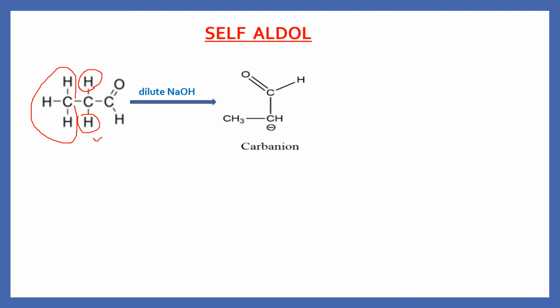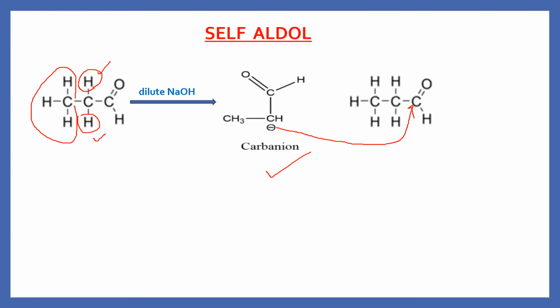We have to remove this or this when it reacts with NaOH, and it is going to give me a carbanion as shown here. I'll be showing the attack on another molecule of propanol only because it is self-aldol. It attacks here because of the polarity. This carbon has delta positive charge. As it is attached to oxygen, which is more electronegative, so delta negative charge. And we shift the electron density like this.